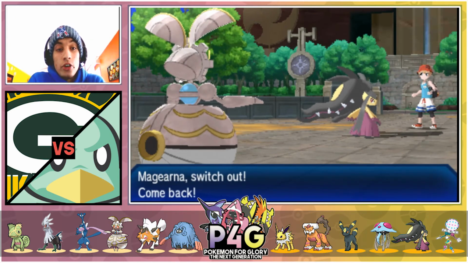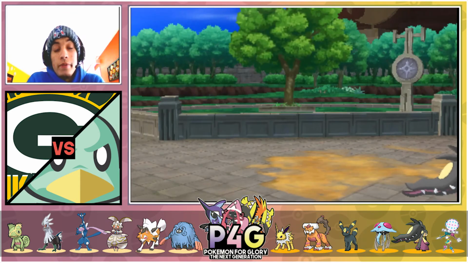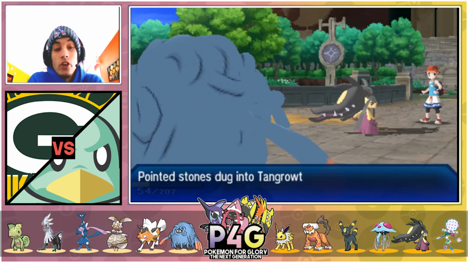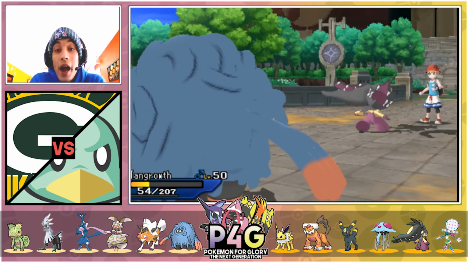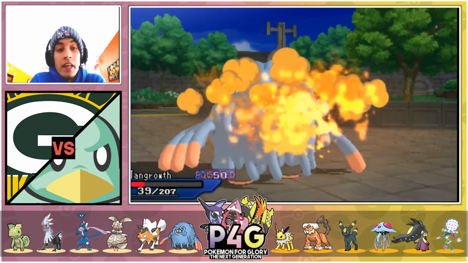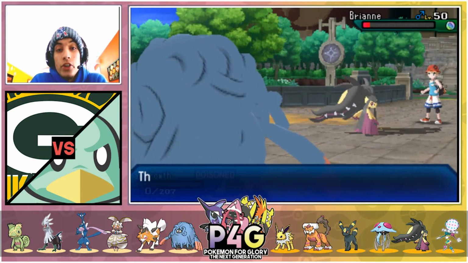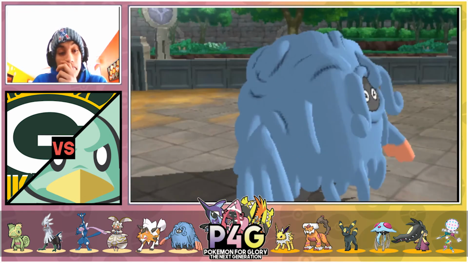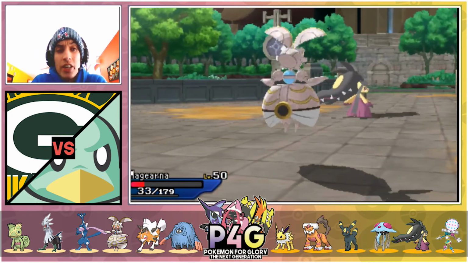It will pretty much ensure the kill, but instead I actually end up hard switching out into Tangrowth. I had to try to keep my Tangrowth as healthy as I could, because it was pretty much the only way I won the game. He's actually just going to end up going for Fire Fang, taking Rocky Helmet damage. I think the Rocky Helmet damage is actually more beneficial, as it does wear down the Mega Mawile, but he can actually just Sucker Punch me for game. So it's going to end up being, I believe, a 4-0 loss, possibly, actually I think it's a 3-0 loss,